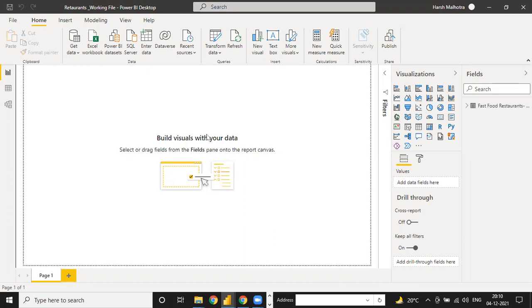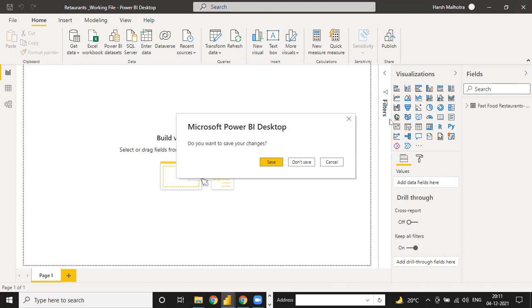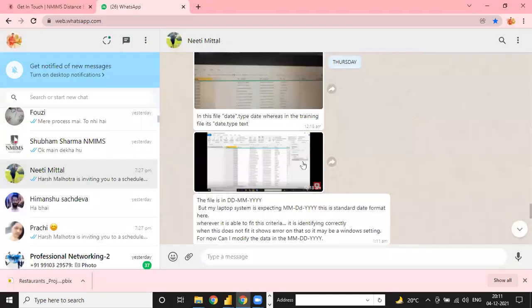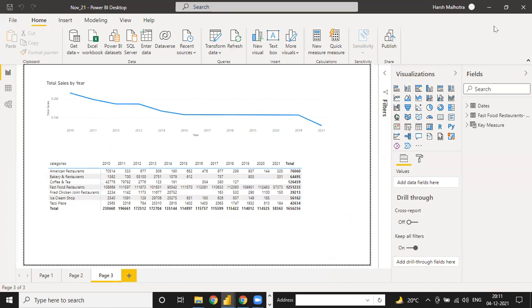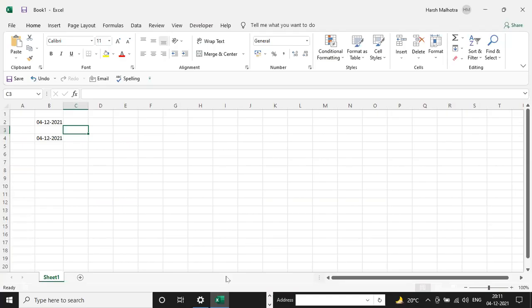Okay. Just a minute. So this file is a working file. I am going to close this file, and see, when you close, it will ask you whether to save or don't save. If your file is already saved, then click on don't save and the file will be gone. Same way, next file, this one, which is my file. Click this and don't save.